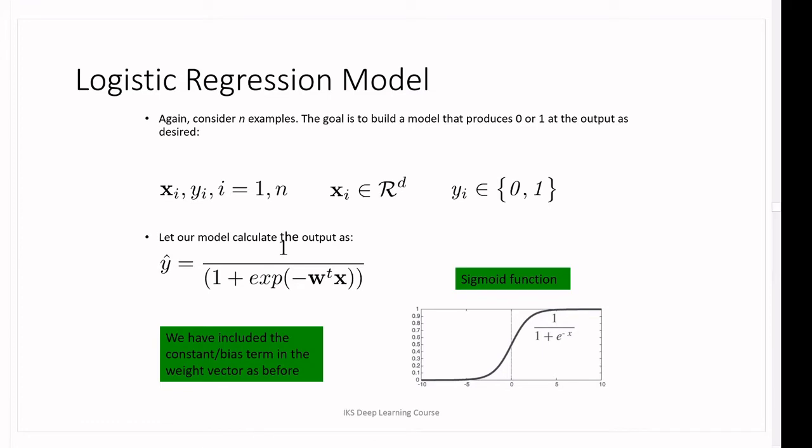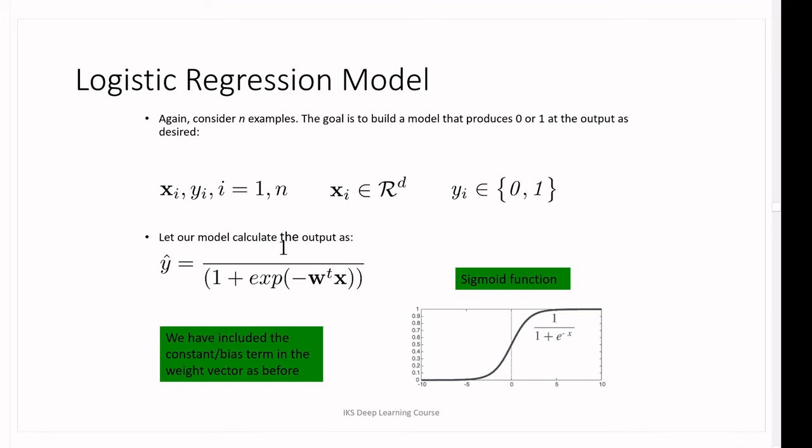Now let's look at another model for classification, known as the logistic regression model. Again, let us assume we have n examples, and the goal is to build a model. In this case, let us say the goal is to build a model that produces either 0 or 1 at the output. And in this case, assuming that W0 has been absorbed in the weight vector W and X has been augmented,